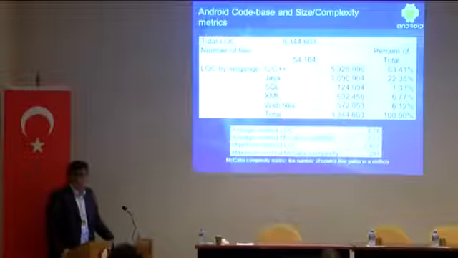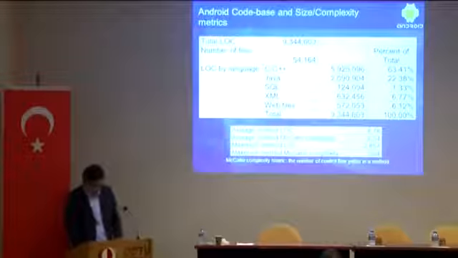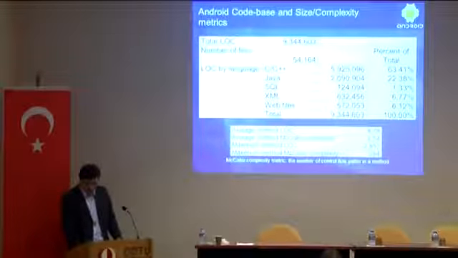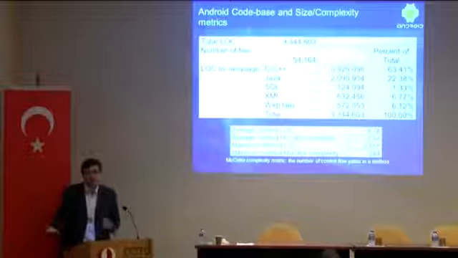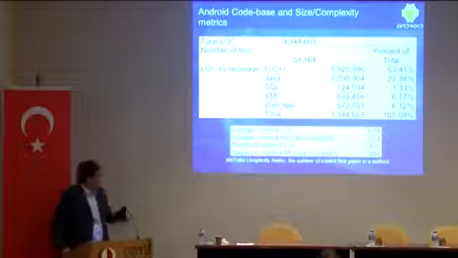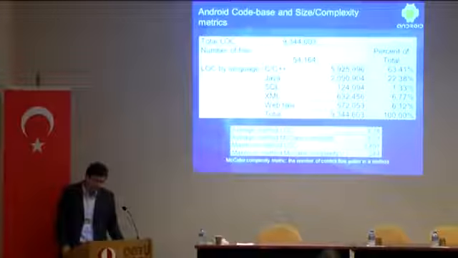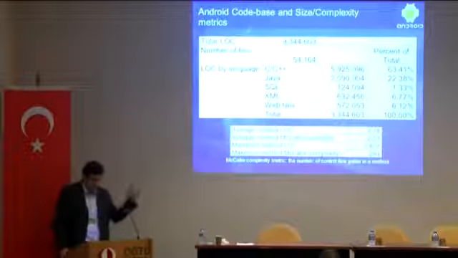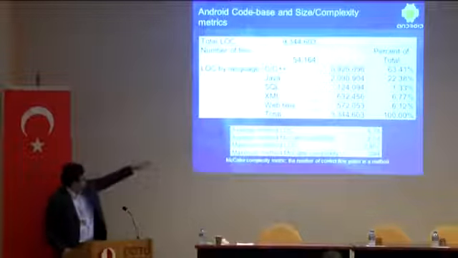Line of code by language, so you see about 6 million lines is in C and C++, and of course the reason for this is that most of it is in Linux, so they have taken the Linux and they have adapted and modified it. And then Java, because Java sits on top of the C and C++ OS, and then some SQL files and XML files and web files, etc. We measured some more